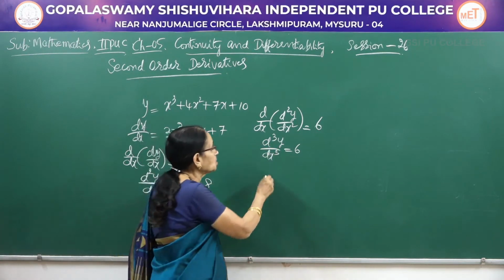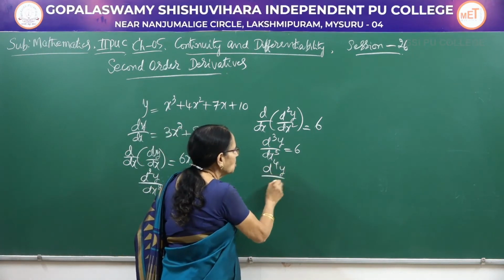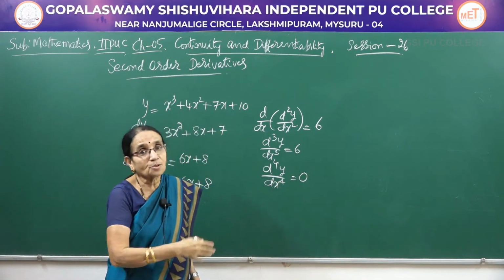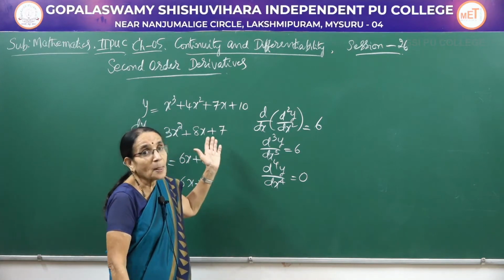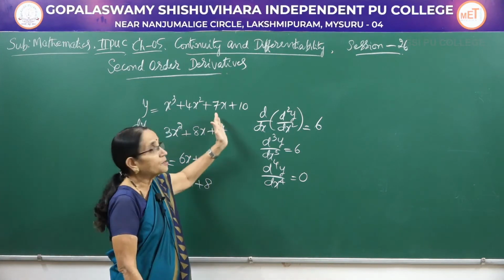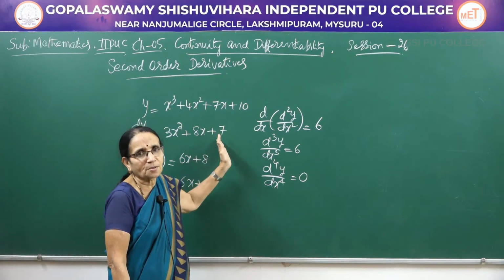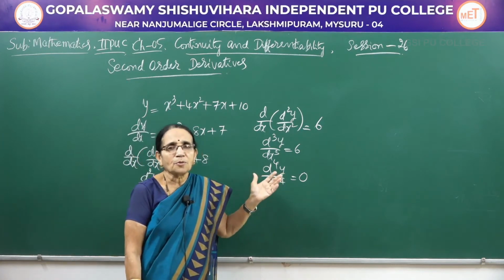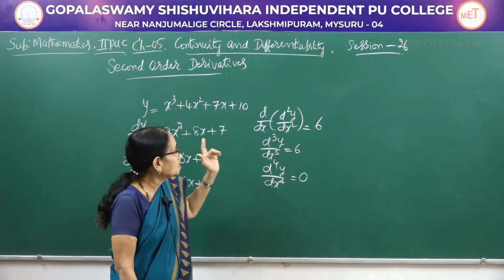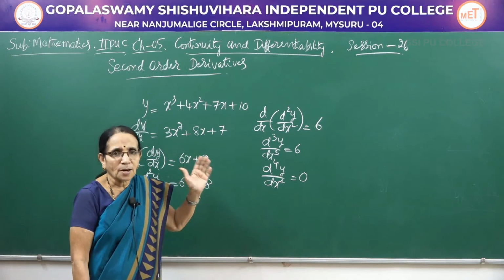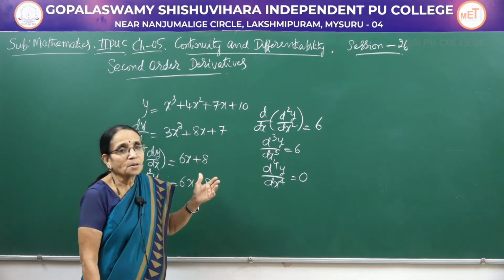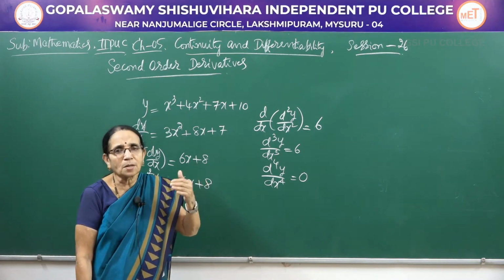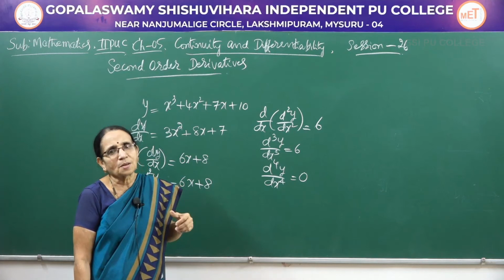Suppose you differentiate one more time here, d4y over dx4. This being a constant becomes 0. So, this stops here because it is a polynomial function. Suppose you had sin x here, it would become cos x. Cos x becomes minus sin x. Again, so there is no end at all. You can differentiate any number of times. So, this way of differentiating a function again and again is called successive differentiation. It is called successive, that means one after another, successive differentiation.